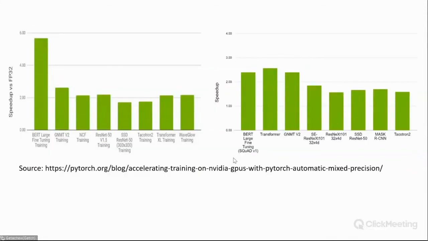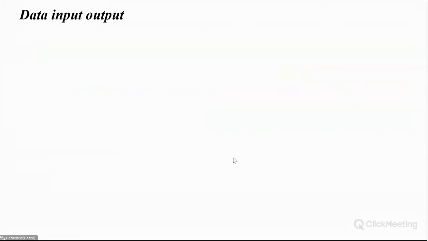And you can see this on the NVIDIA website. Here you can see a speedup of up to almost 4 or 5 times, and here the maximum speedup is almost 2 point something, which is by half. And this holds even for the larger deep learning models, BERT and transformers.